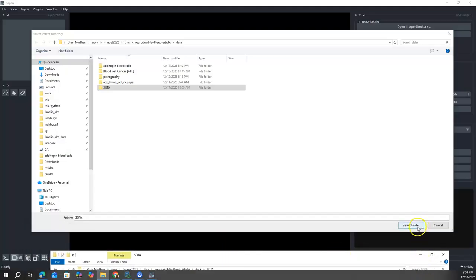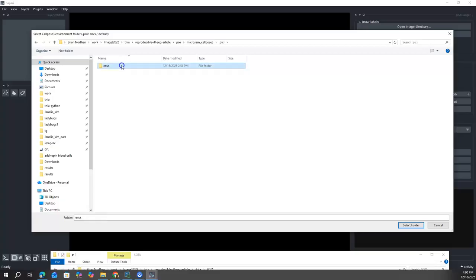So this SOTO folder is just an image folder. Then the next thing it's going to ask me is to select the Cellpose3 environment. So this is going to be really cool. I've got Pixi projects set up here. I've got two: a Cellposesam one and a Cellpose3 one. And I started up the Cellposesam one. So why is it asking me for a Cellpose3 one too? I will explain that in a little bit.